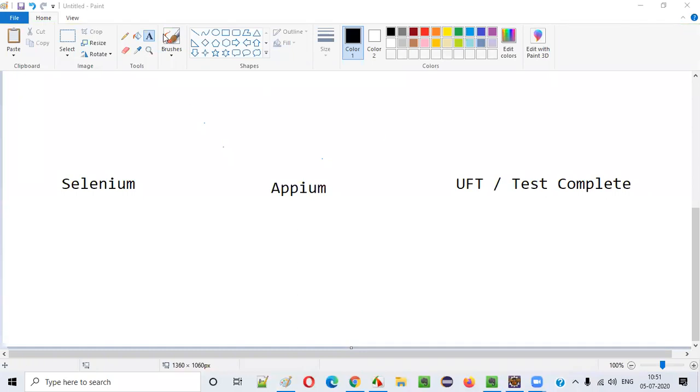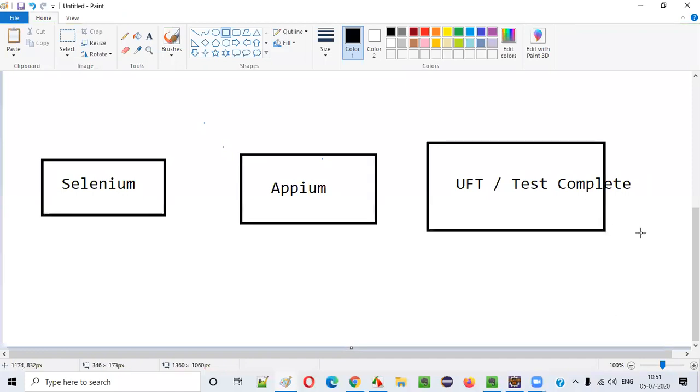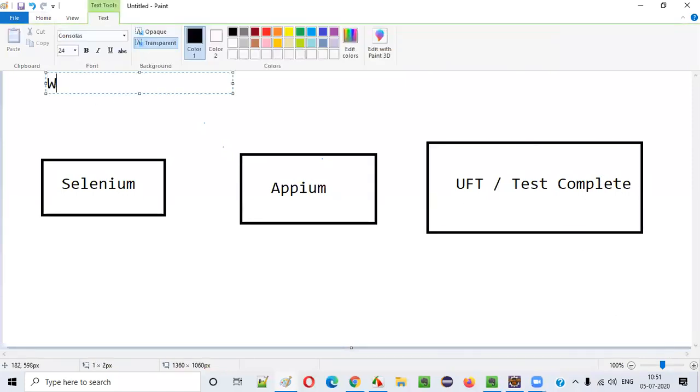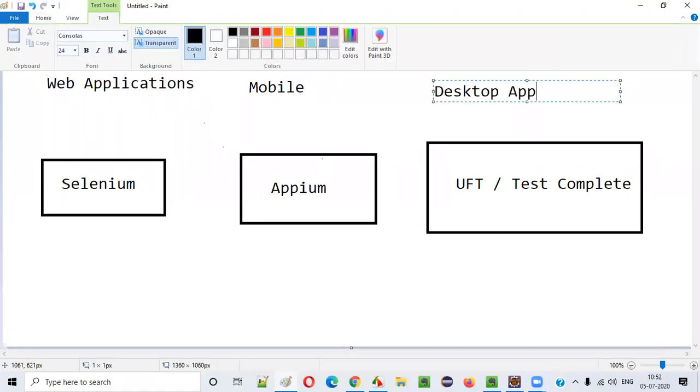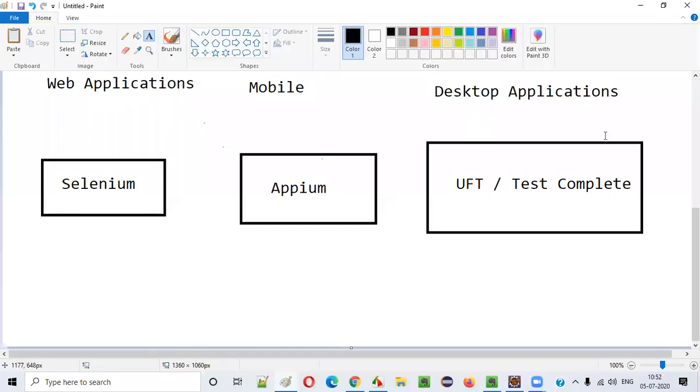Yes, all. If you want to be a complete tester, who can automate not only web applications but also mobile applications and desktop applications, you have to learn all the tools. If you want to automate different types of applications, then you have to go with all the tools, guys. Yes, depending on the requirement is the proper answer. That's very right. Depending on the requirement, we have to learn or use our automation tools.